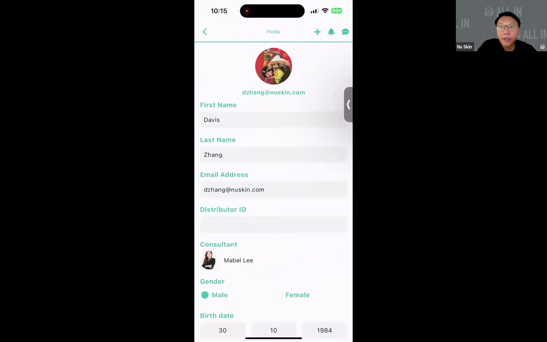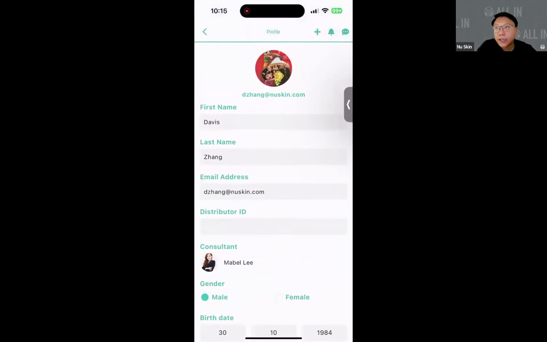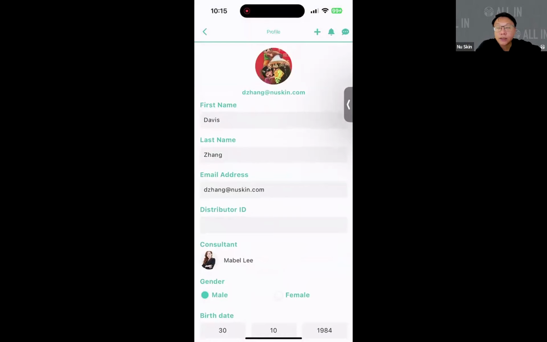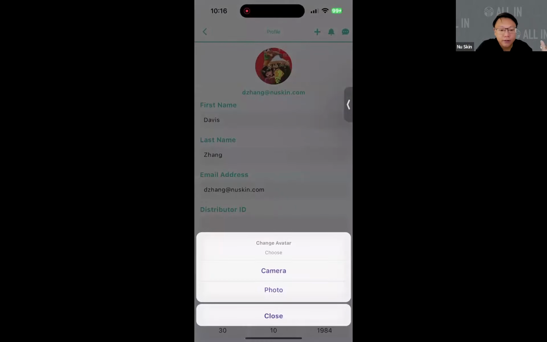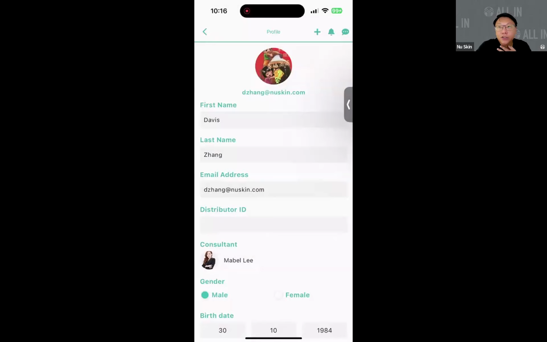Okay, in the profile page, there are certain fields that you can put in to help the system understand you better. First one is your profile picture. Simply click on that circular area over there. You can either take a photo immediately or you can choose a photo that is already in your album. Okay. For consultants, I would advise you to put in your profile picture with your face there so that your customer, when they try to add you, is able to put a face to the account that they have selected to make sure that they have added the right person, right?